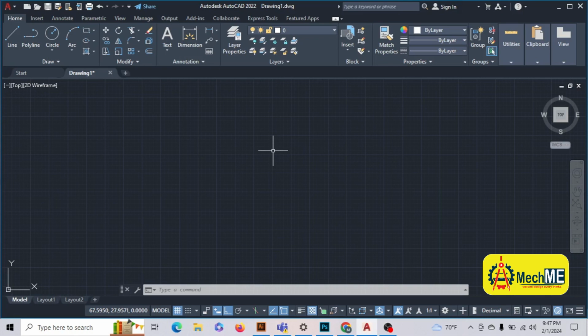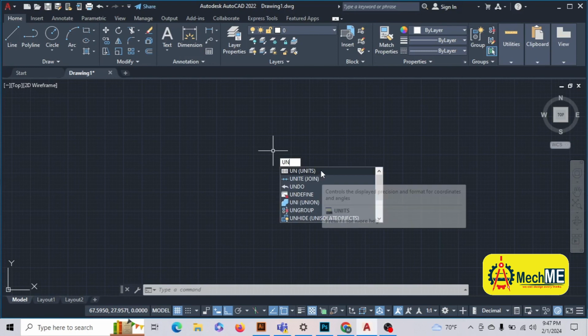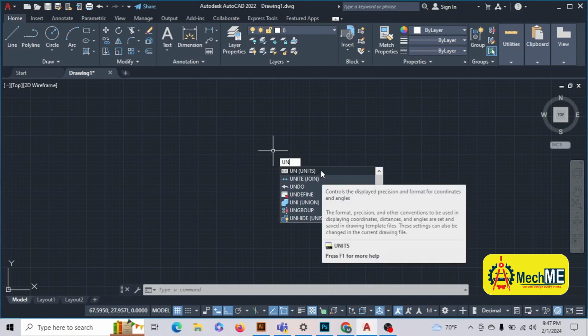Okay, today I will learn about units. Unit is the most important in AutoCAD. So first of all, we set the unit. UN. We use unit three types. It's one